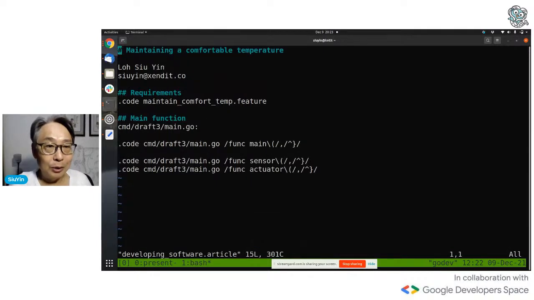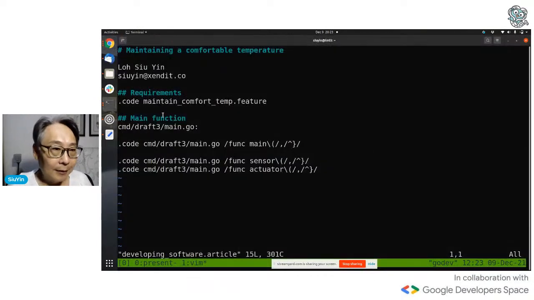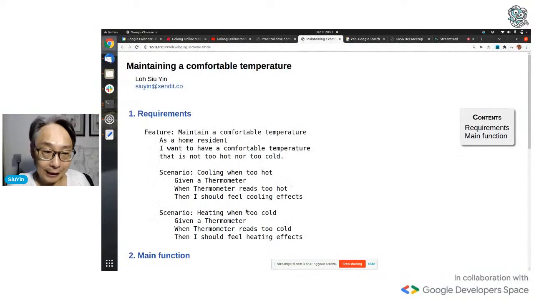This is the source code for the article. Let me flip back to the slides. Requirements, I see all these things. Requirements, that's my header. Hey, it looks like Markdown. Yeah, it is Markdown. Dot code maintain conf feature. This points to the actual feature, and in the rendering, it got expanded.